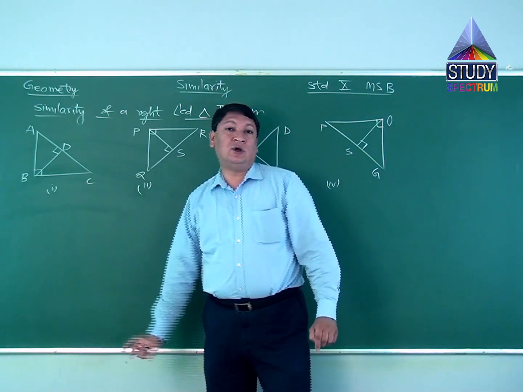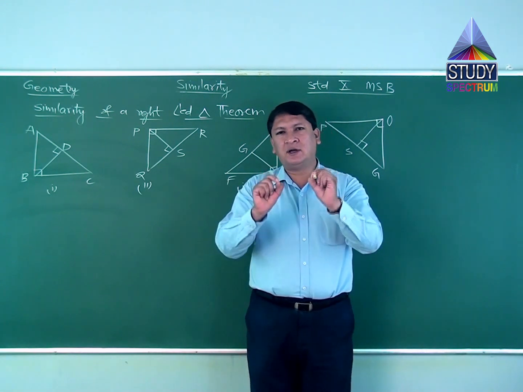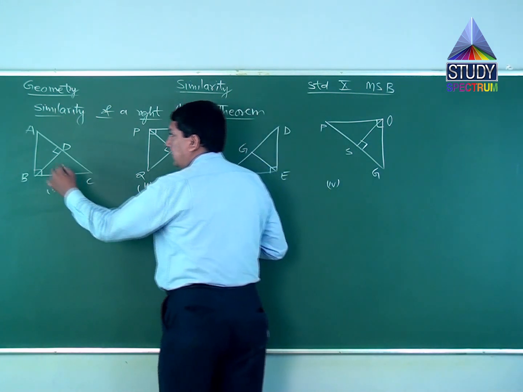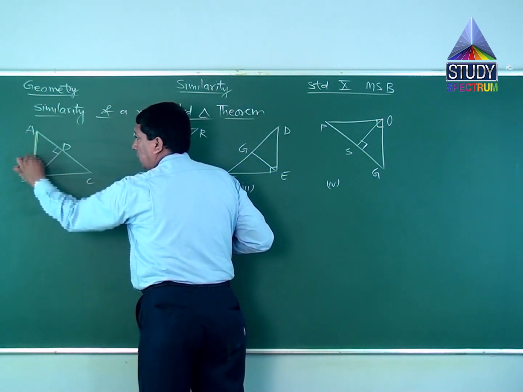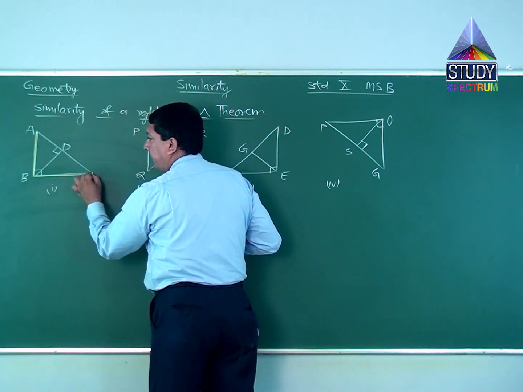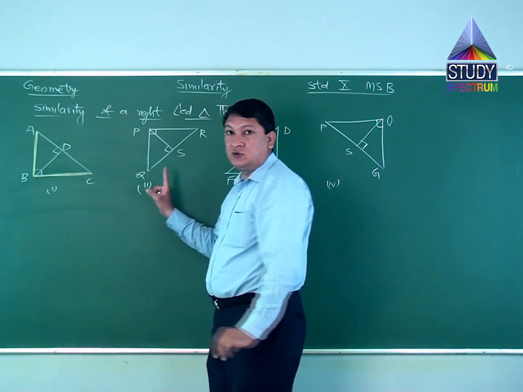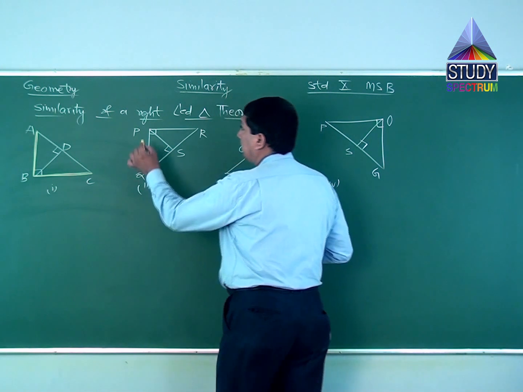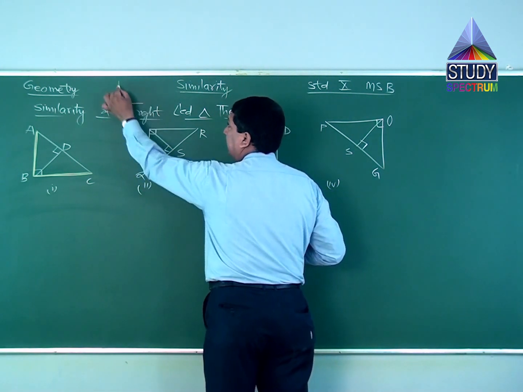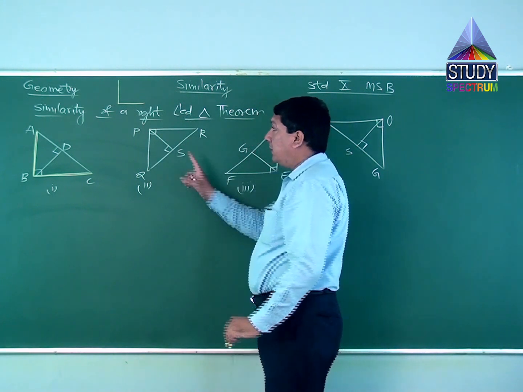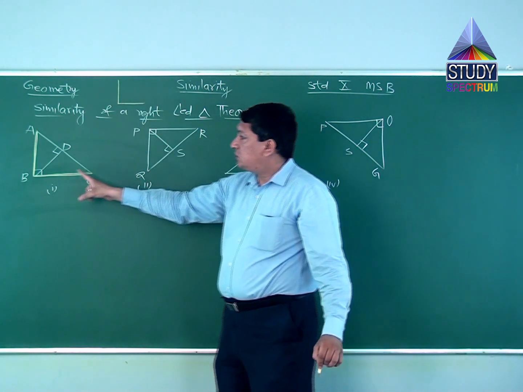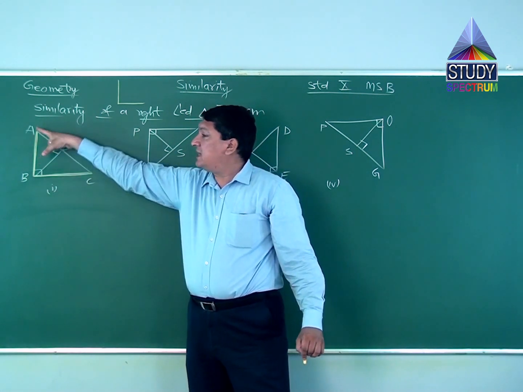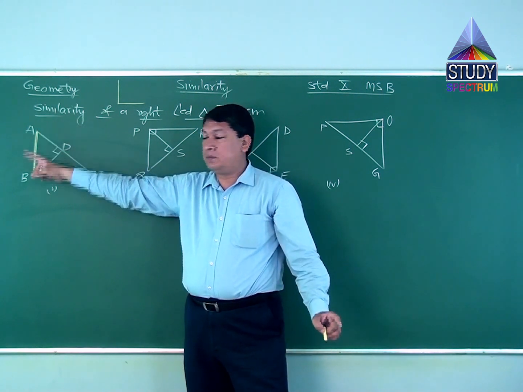For application of similarity of a right angle triangle theorem, some important key points which I am going to share with you. Key points are, look at the figure in a L shape. First rule to apply this theorem. This is the L shape. When we write L, capital L, we write this way. So when I am looking at this figure, I am looking this figure this way. In other words, vertex A is on top.